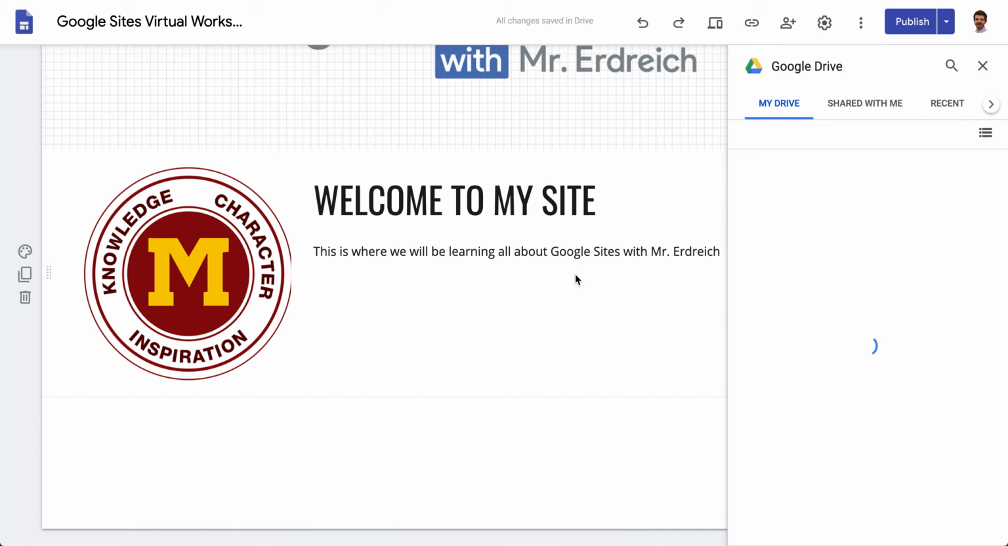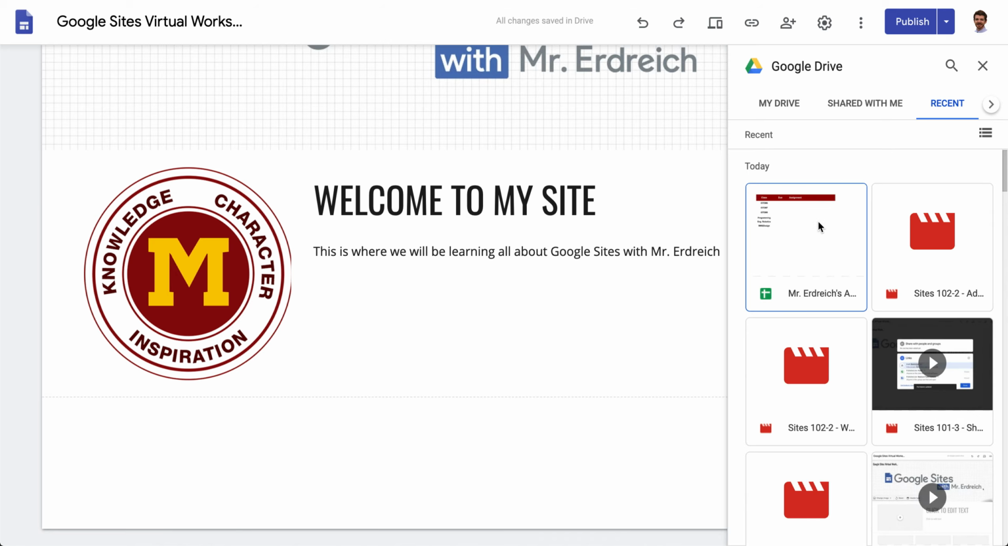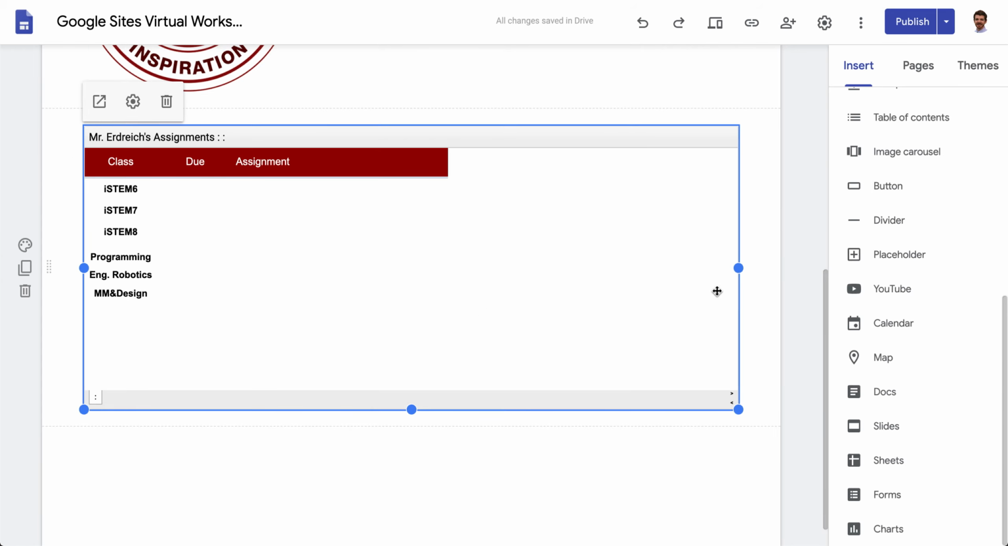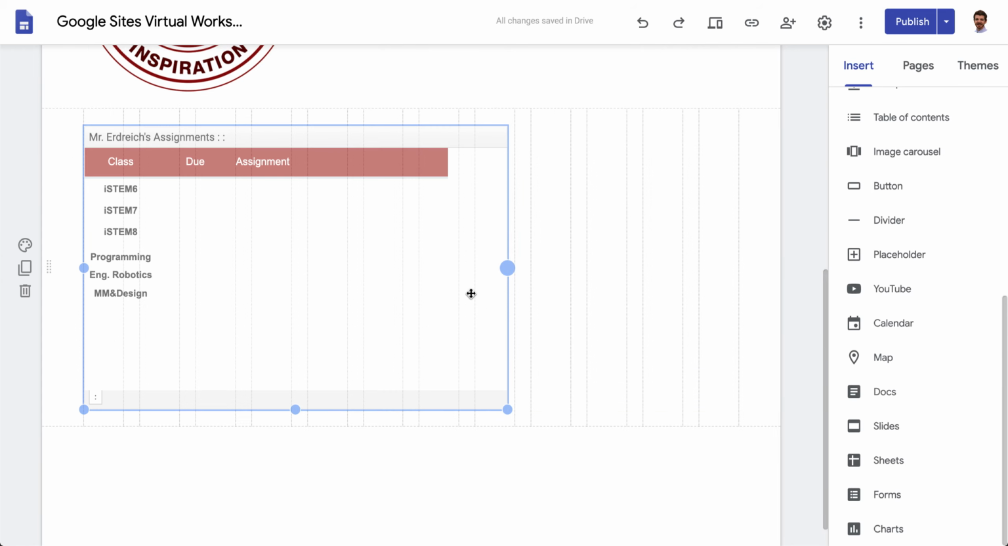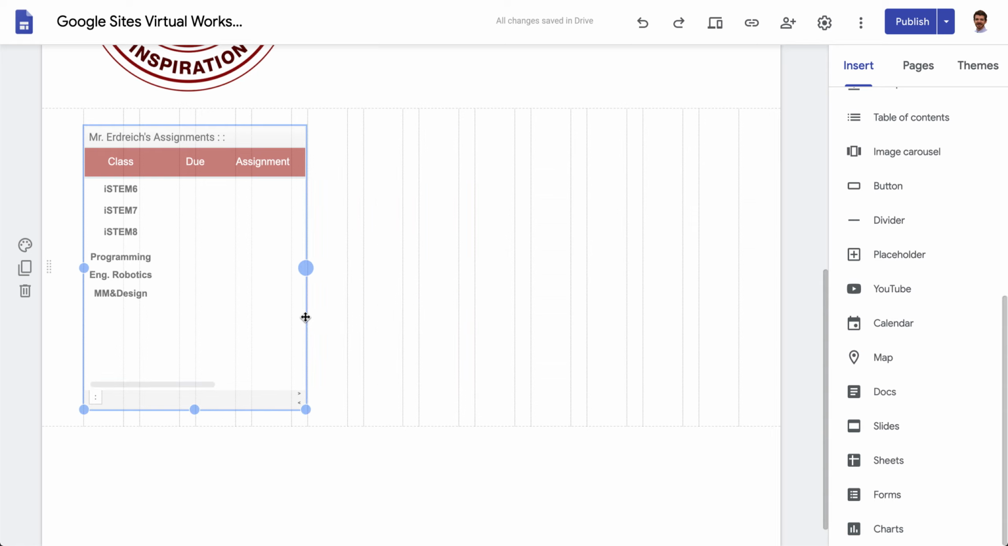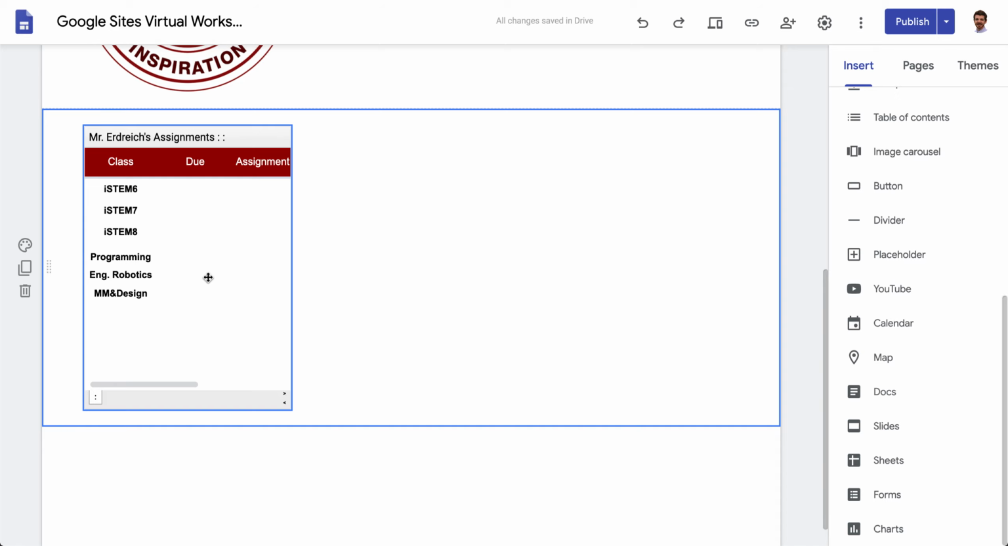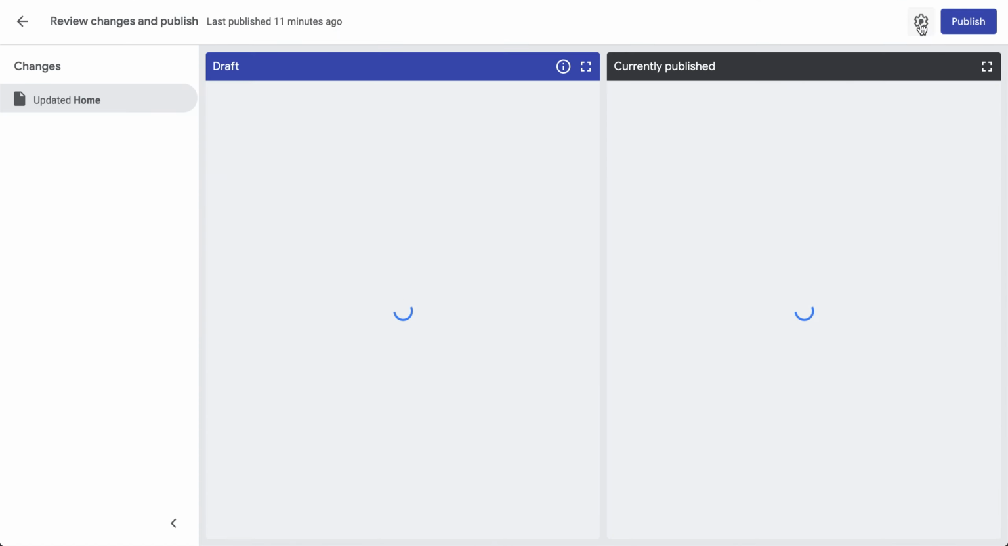If I hit the Drive button, I'm going to go to Recent and I'm going to drop in a document for my assignments. So these are like all the different assignments and homework for my classes. Okay, so I'm going to drop in this spreadsheet. It's just for all my classes, and obviously right now there aren't any assignments, but I know that this spreadsheet is, say, it's public. So if I go ahead and if I publish my site,